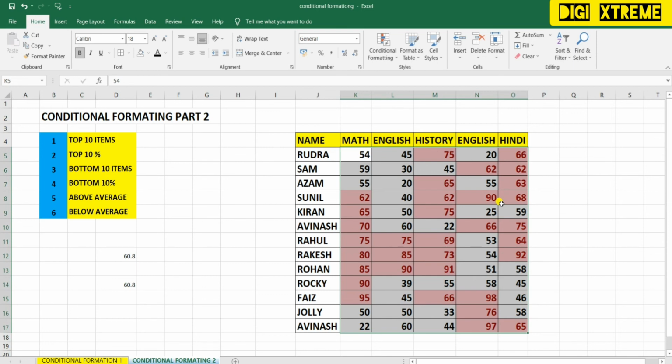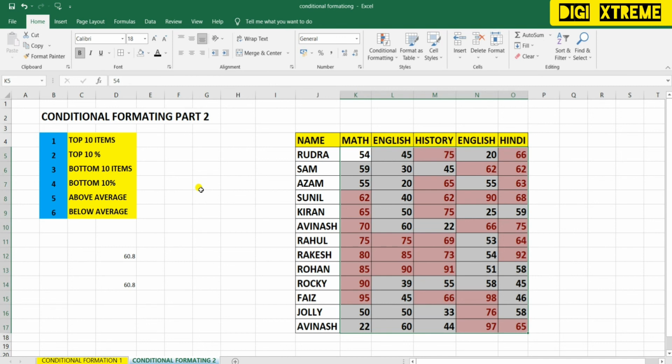You can notice one thing, why did I first find out the average of all the numbers? Because you can see all the numbers are above 60. We have given the condition above average. So this is our average, 60.8, and we have got all the highlighted cells with more than 60.